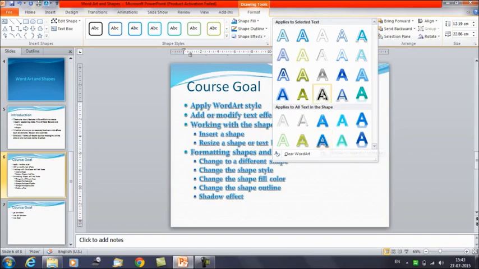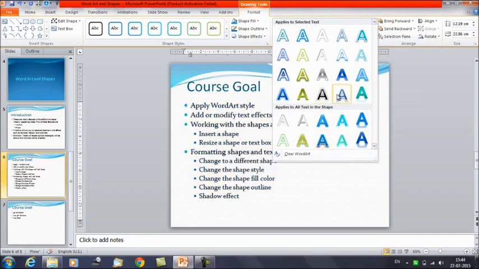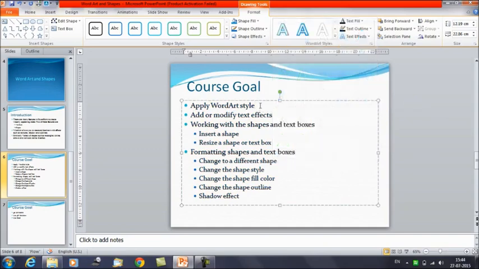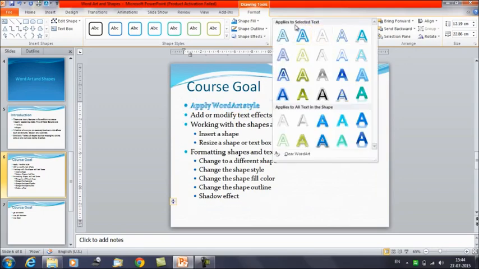For using the first option, you need to select the text first of all. Suppose we select with Shift and Home, we have selected this line. Now you can see here the option apply to the selected text. You can see that only the first line is getting changed because we have selected only that line.